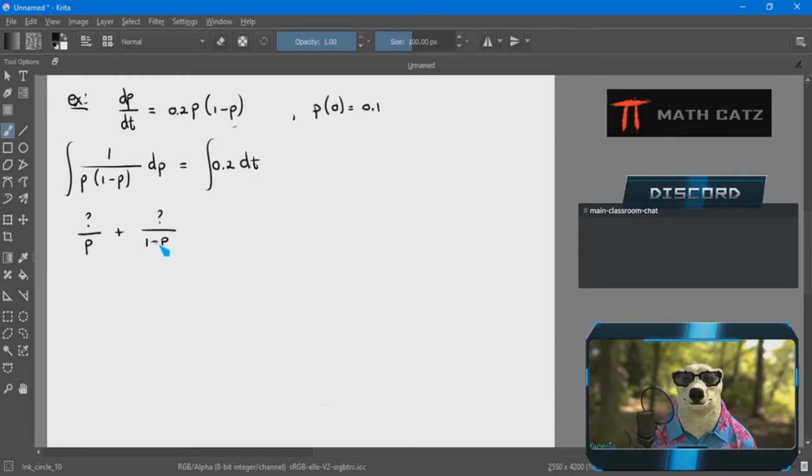This can be done in more detail. It's called partial fractions, but our initial expression is simple enough that we don't have to worry too much about